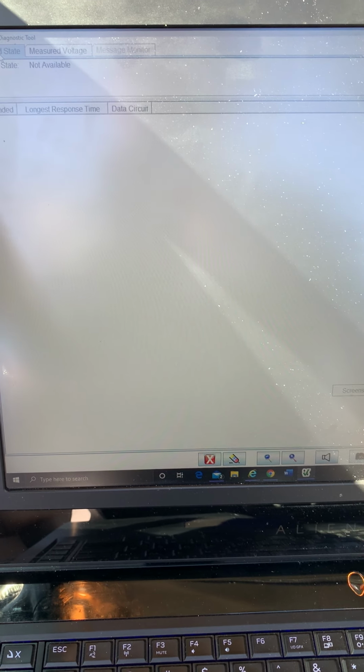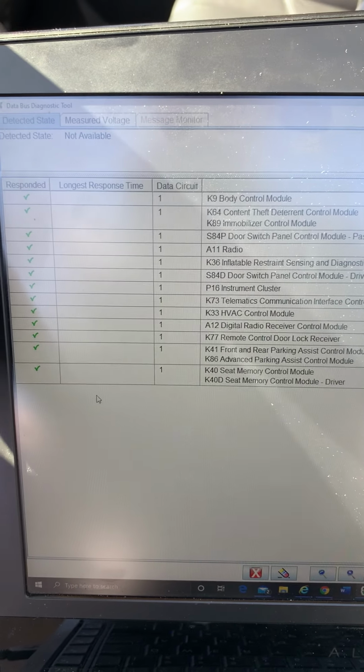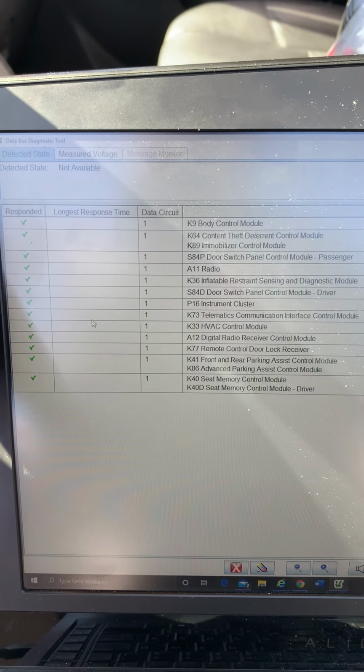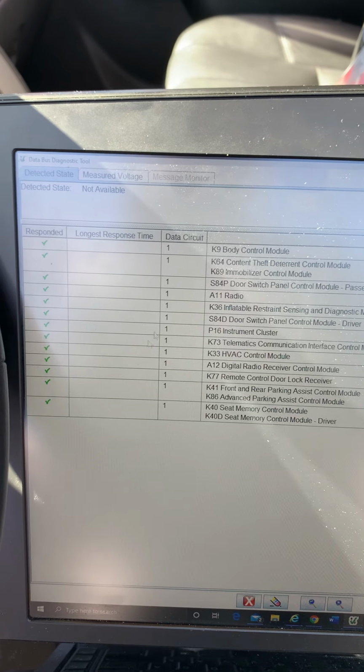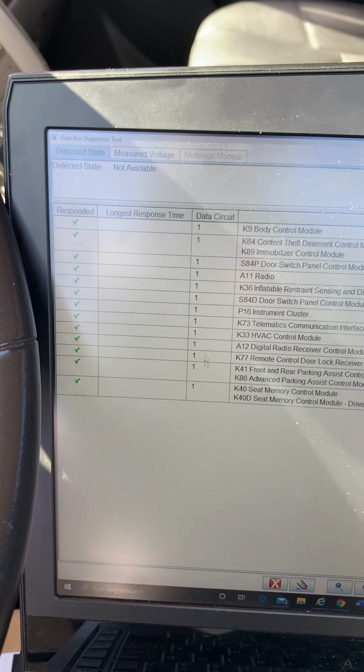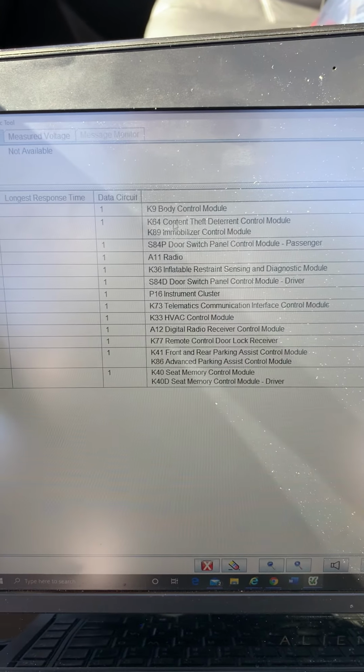But let's see, switch to detected state. See, it says longest response time. Well, that means that everybody's responding within their response time, so it's not as though we're losing anybody. Okay, we're on data circuit number 1 here. And all of these guys are on that same